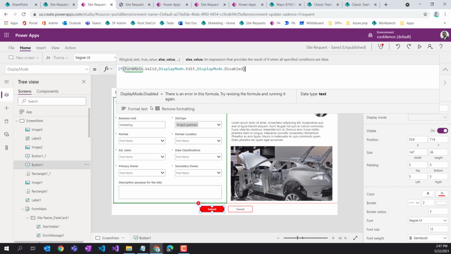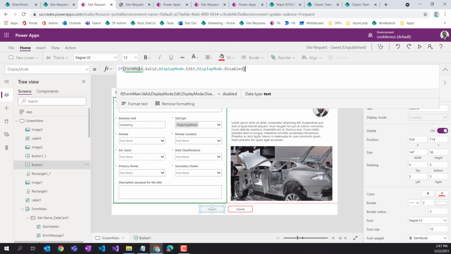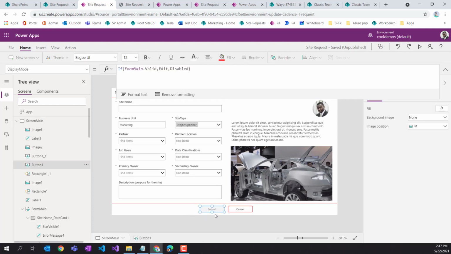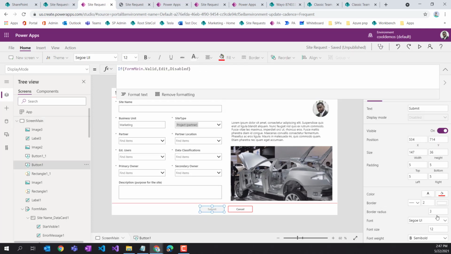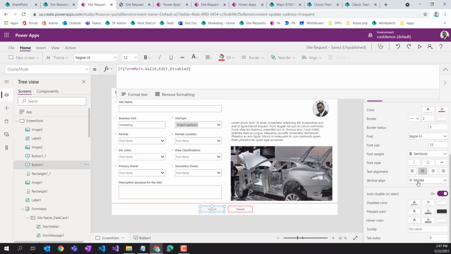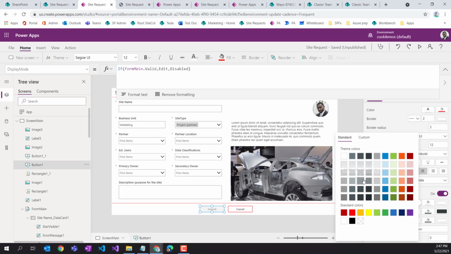Right. So again, if it's valid, allow my button to be enabled. If it's not valid, disable my button. And you can see the treatment that you get for a disabled button. And again, if you want to customize the color, there's a disable color, and let's just give this no,